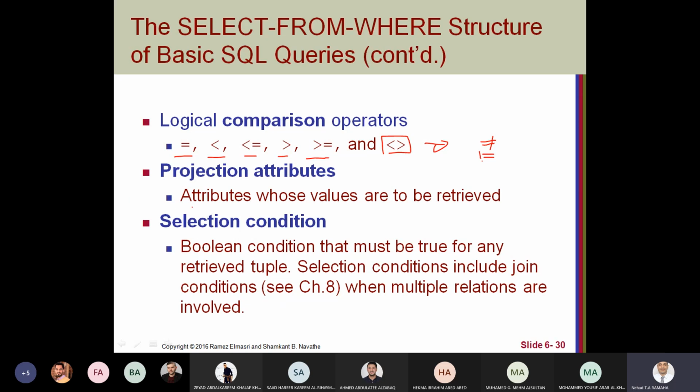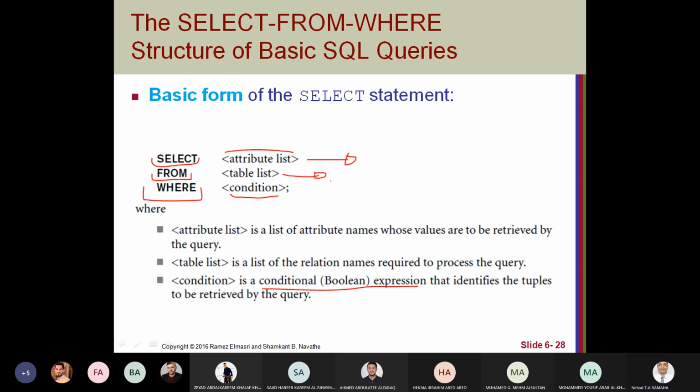So as I mentioned, we have selection and we have projection in relational algebra.